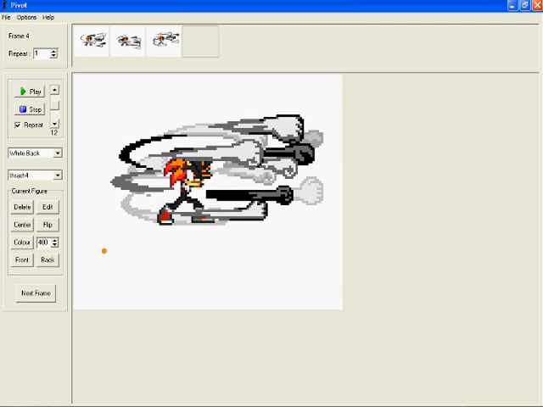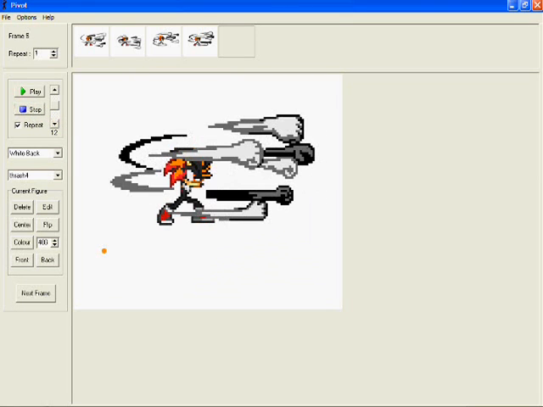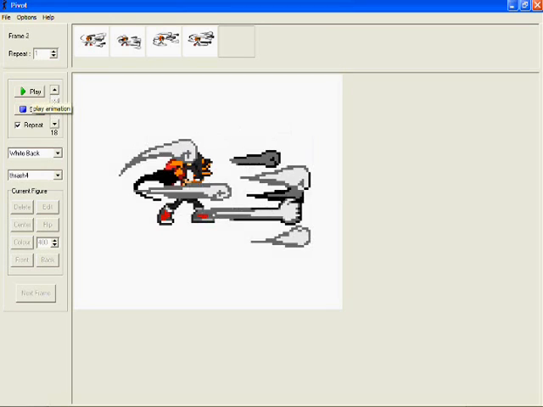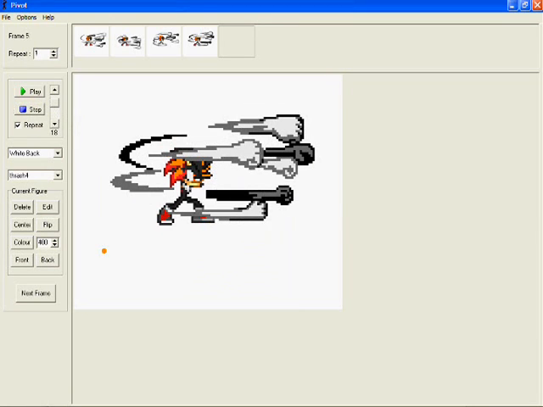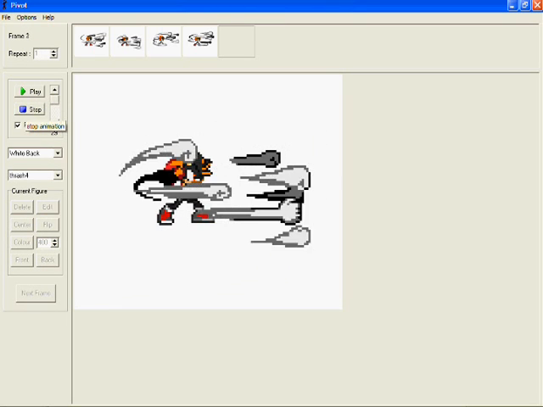So you might want to fit it in real good and press play, and there's your animation. There's your animation right there. You can set it on different speeds, top speed or down to slow. So we'll just go right to slow right about